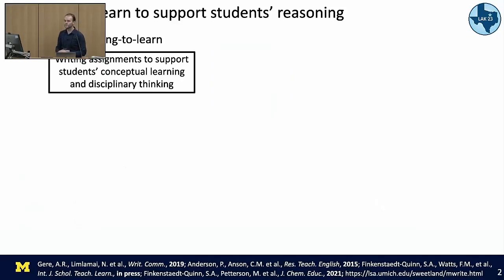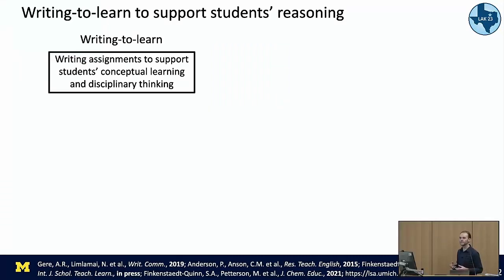So this is specifically focused in the context of what we call writing to learn assignments. These are writing assignments that we can implement into STEM classrooms to really support students' conceptual learning and disciplinary thinking. I often like to talk about writing to learn assignments in contrast to learning to write assignments. If we're trying to support students with learning to write, you might be thinking about writing essays or writing lab reports, and the focus is really on how to put together sentences and ideas in the writing process itself. But with writing to learn assignments, the idea is to use the process of writing so that students can practice engaging with conceptual ideas and in that way support their learning.